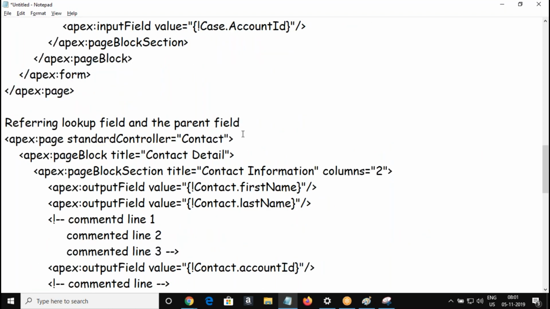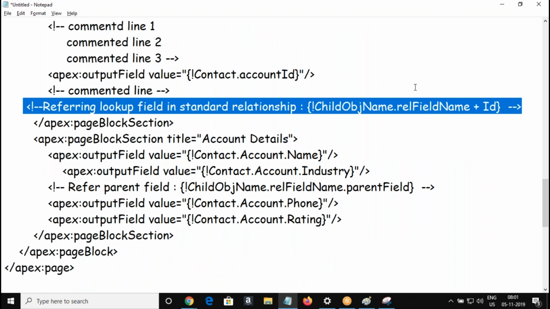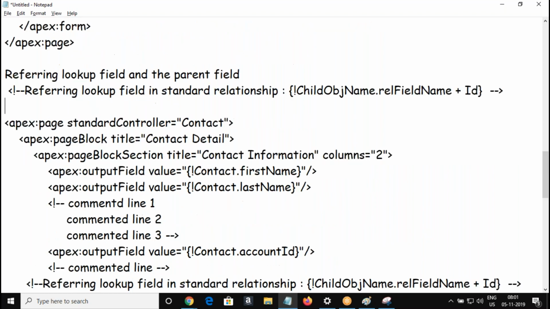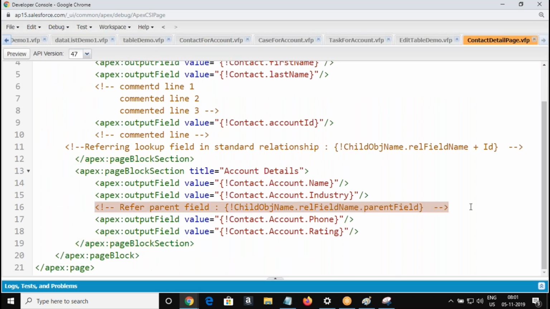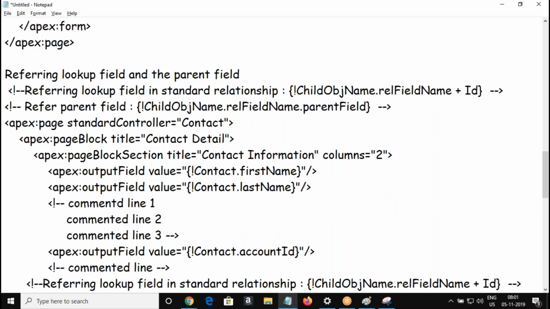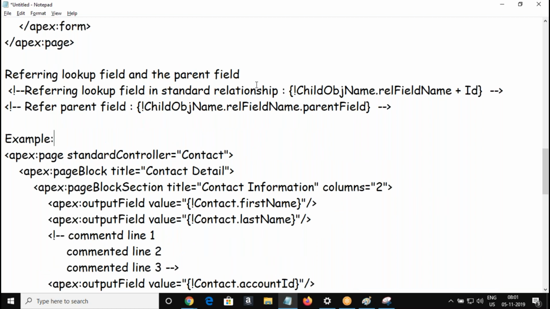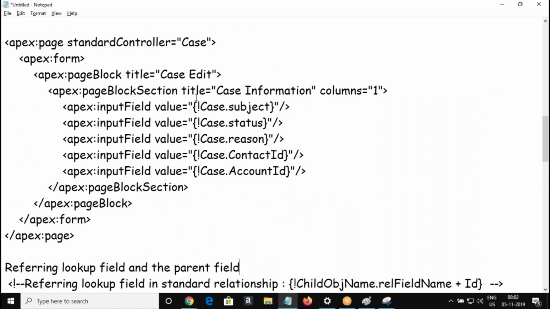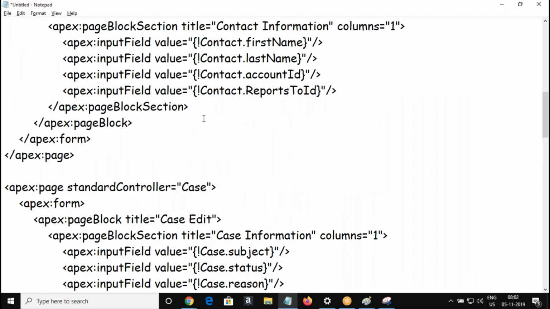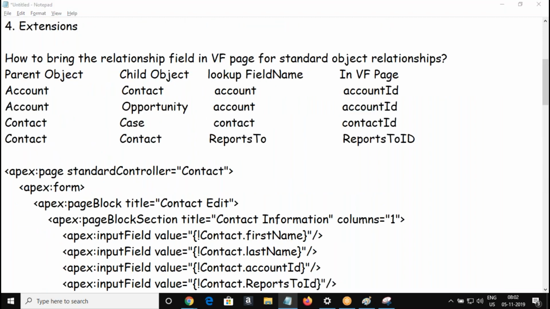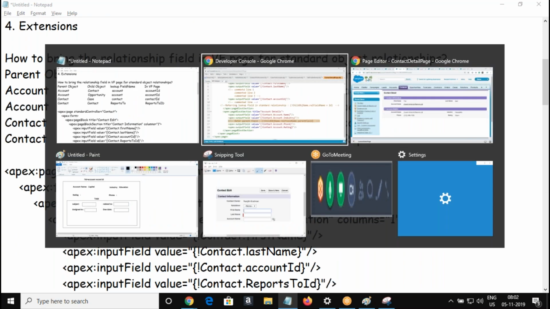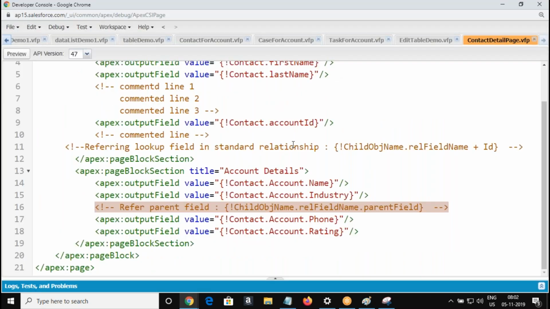So I just made it here. Referring to a parent field, referring to the relationship field. So refer to this example. All right. Now this naming convention applies to your standard object relationship.